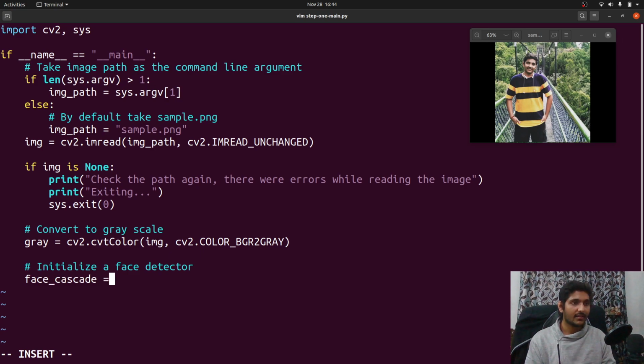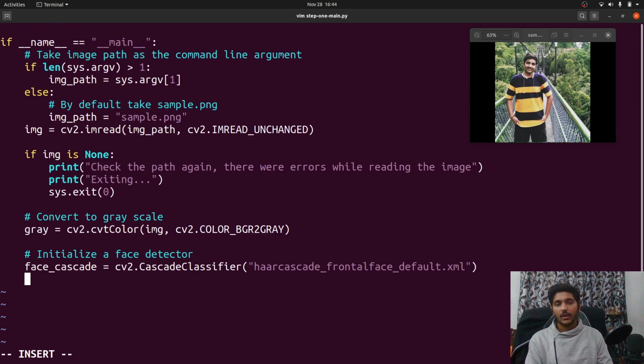Name it face_cascade is equal to what? cv2.CascadeClassifier. What's the path? The path is what? The path of the model, right? So here what I'm doing, somebody trained a model on a lot of faces, right? The model understood how it works. The model got the features of it and it got saved into this haarcascade_frontalface_default.xml. So I load this model and initialize a face detector, which is an object from this class, CascadeClassifier, right? So this class has a lot of methods which we can use to detect a face.